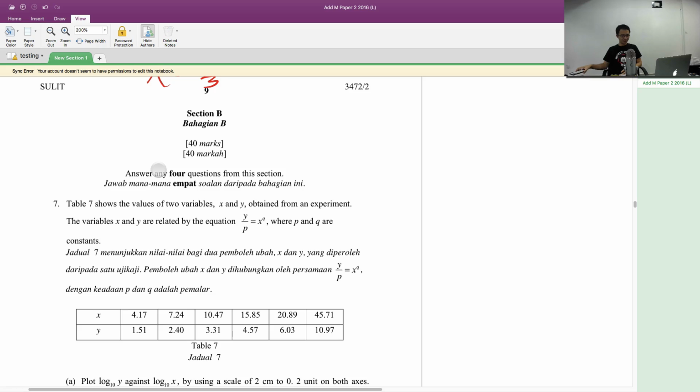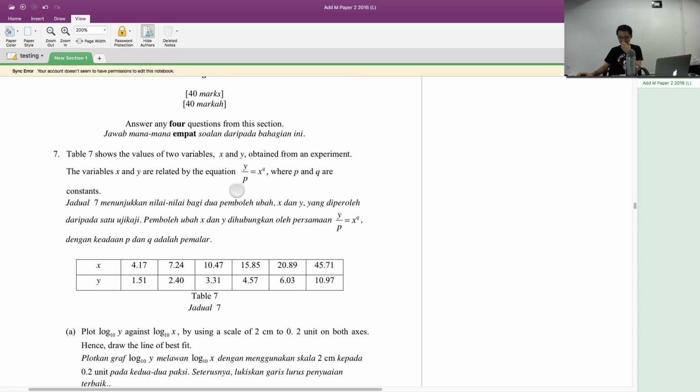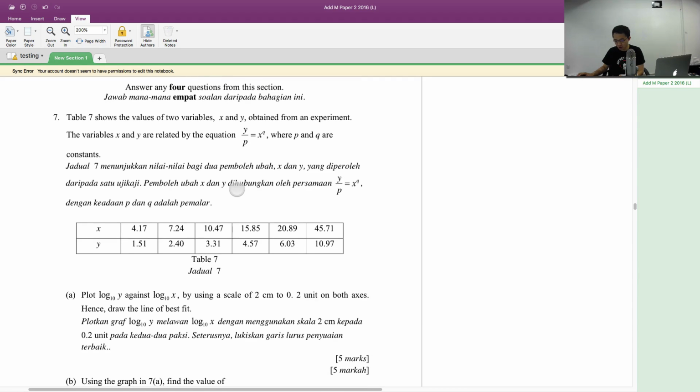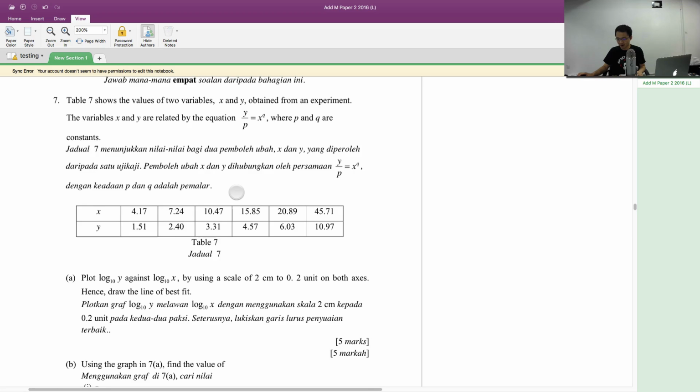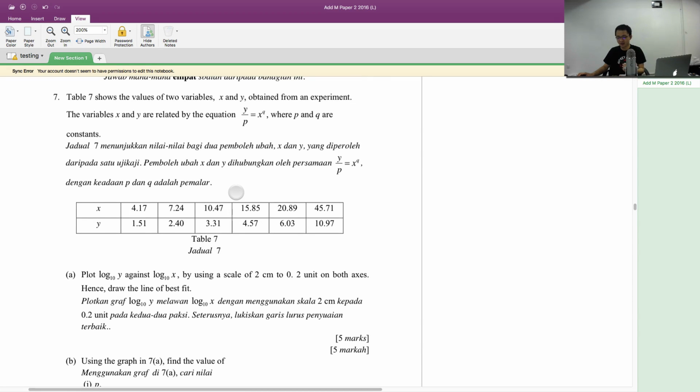Alright, so let's continue to section B. I mean, the next section. Okay, table 7 shows the values of two variables, x and y, obtained by an experiment. So yeah, this is linear law, obviously. The variables x and y are related by the equation y over p equals q x cubed, where p